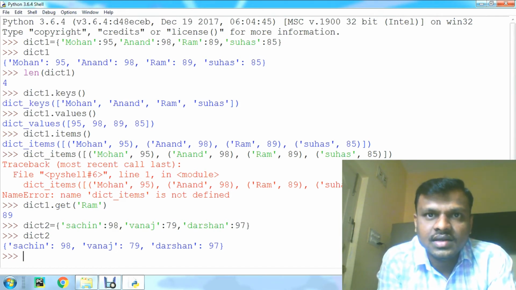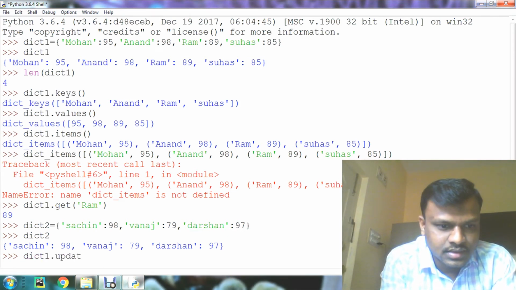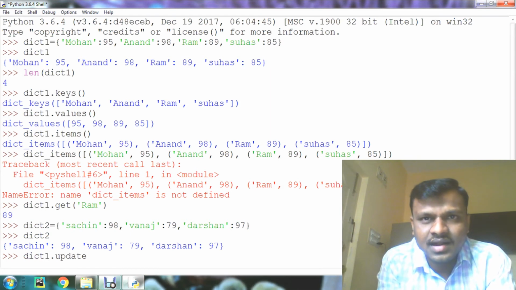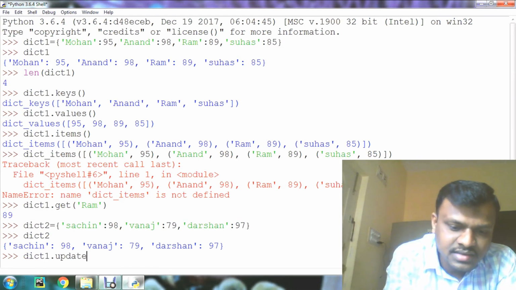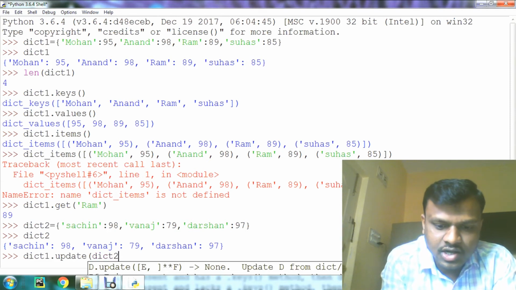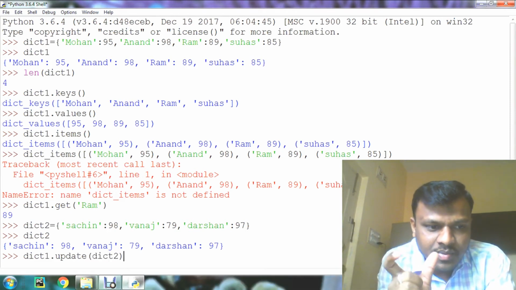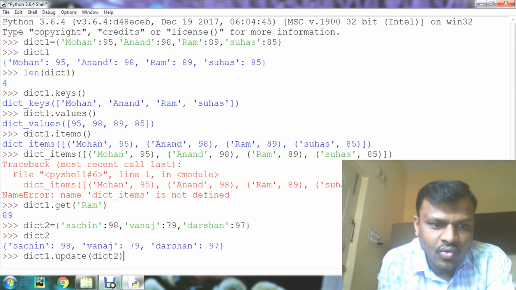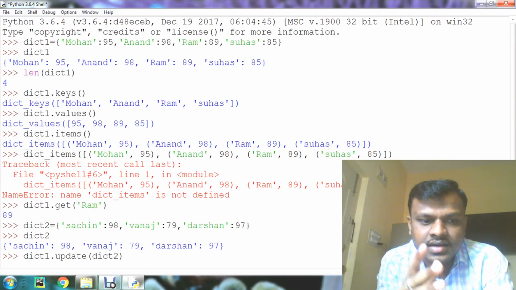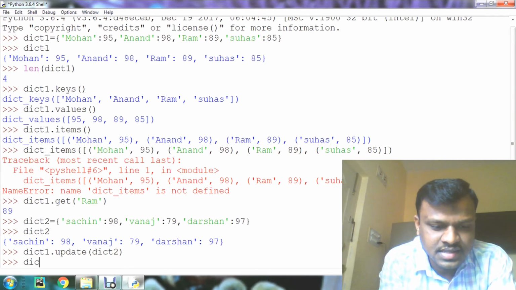We have to use dictionary 1 dot update, and we should pass dictionary 2 as the argument like this. I am updating dictionary 1 with the values of dictionary 2, so dictionary 1 dot update of dictionary 2. Okay, now dictionary 1 is updated.